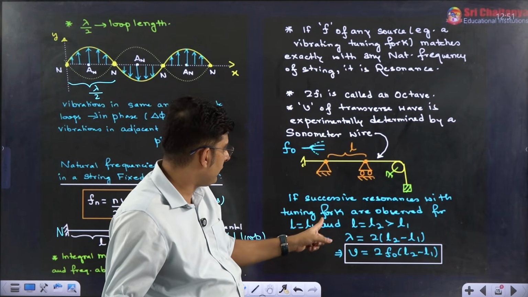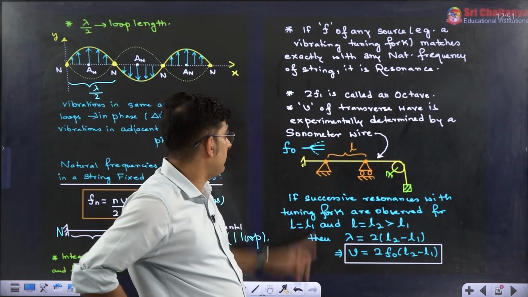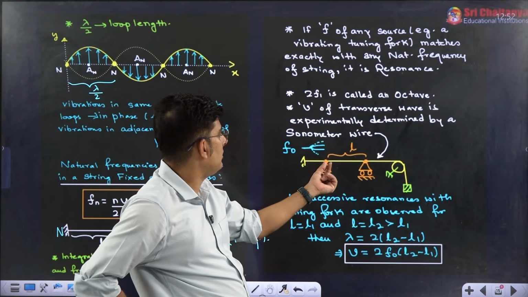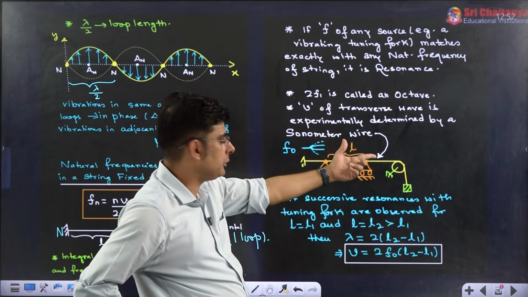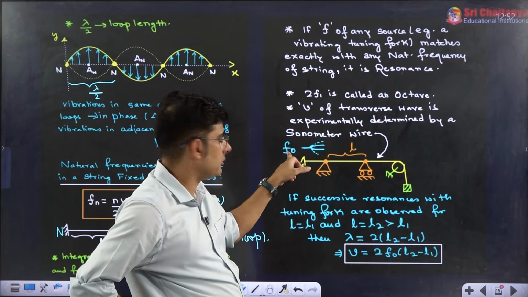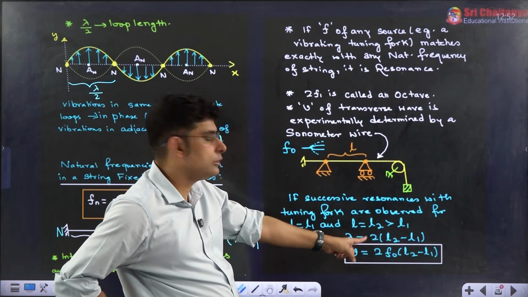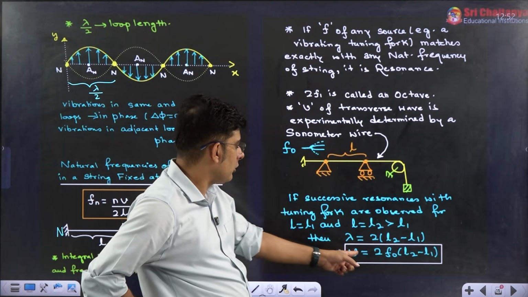When you bring a frequency F0 which matches, suppose successive resonances with the same tuning fork are observed at lengths L1 and L2. Once you keep the length as L equals L1, you can measure the length by a scale, then change it to L2 and see resonance with the tuning fork. Then the wavelength can be calculated as 2 times (L2 minus L1), and the speed we know is f into lambda, so it will become